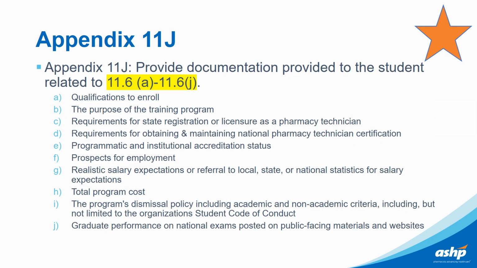All areas specified in Standard 11.6 from 11.6a to 11.6j require documentation to be submitted. This includes qualifications to enroll, the purpose of the training program, requirements for state registration or licensure as a pharmacy technician, requirements for obtaining and maintaining National Pharmacy Technician certification, programmatic and institutional accreditation status, prospects for employment,